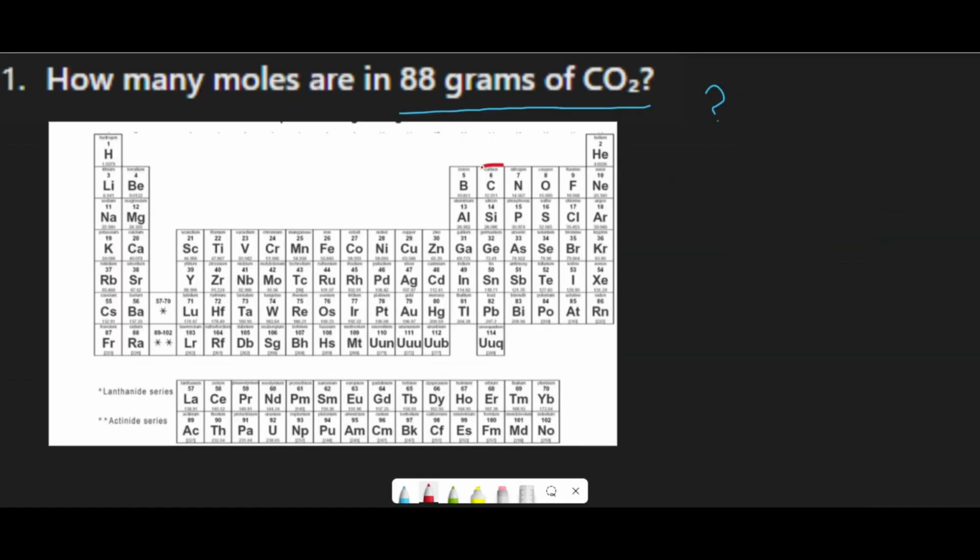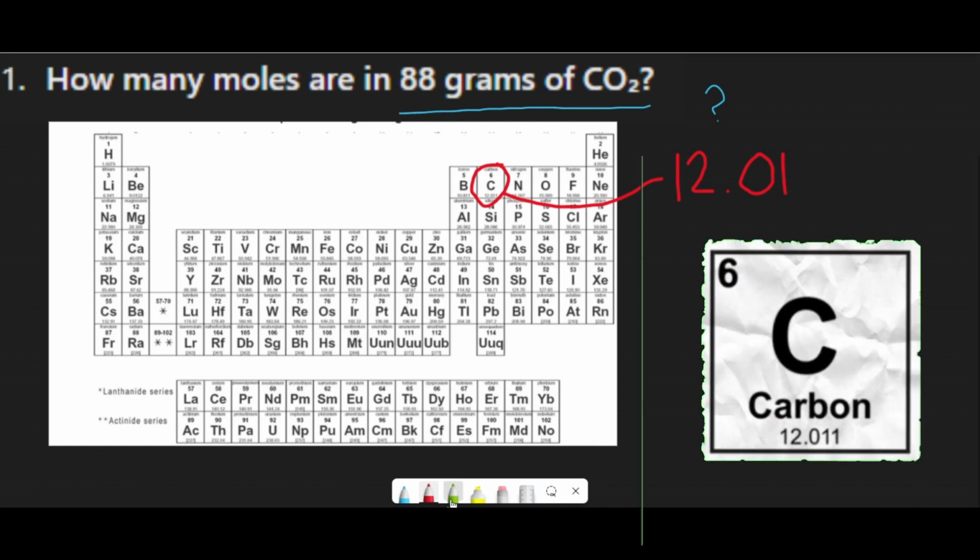There is another conversion I am going to teach in this video. And that conversion is mole to mass. Let's say I have 88 grams of carbon dioxide. How many moles do I have? Well, first we need to check how much 1 mole of carbon dioxide weighs. So we need to take out our trusty periodic table. As you can see, 1 mole of carbon weighs 12.01 grams